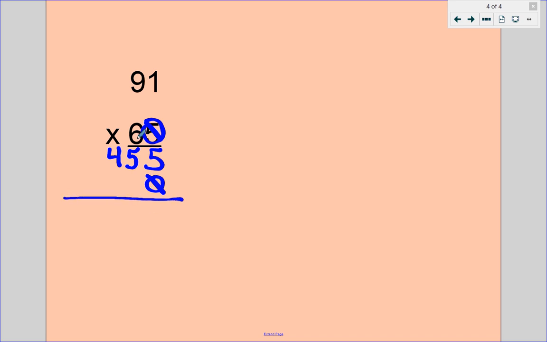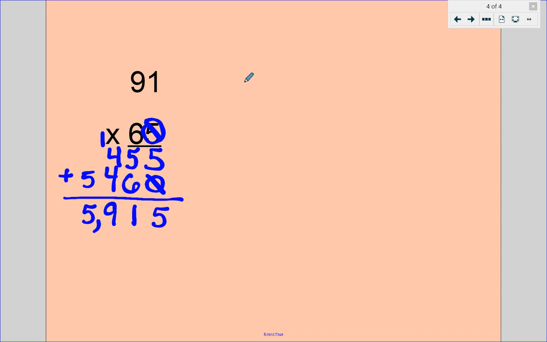Now, I want to concentrate on that 6. 6 times 1 is 6. 6 times 9 is 54. Now what do I do? Add them up. 5 and 0 is 5. 6 and 5 is 11. 4 and 4 is 8, plus 1 is 9. And then we have our